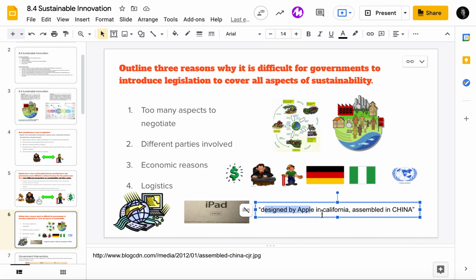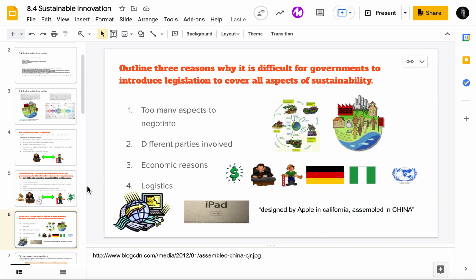So kind of like how Apple does the whole design in California, assembled in China. Because of that, the regulations, the government, all these rules are different in these different places, which again makes it complex and makes it difficult to achieve legislation that can cover everything. Because China has a very different idea, Thailand has a very different idea of recycling, for example, versus the US, which has a different concept. Nigeria, same thing. So in order to balance all those things out, it's a challenge.